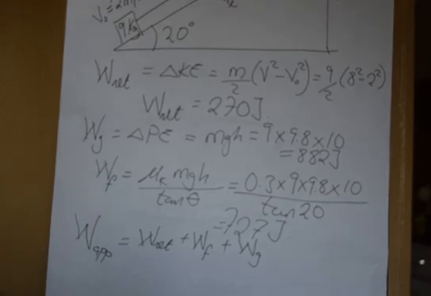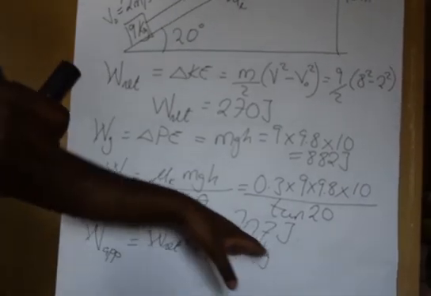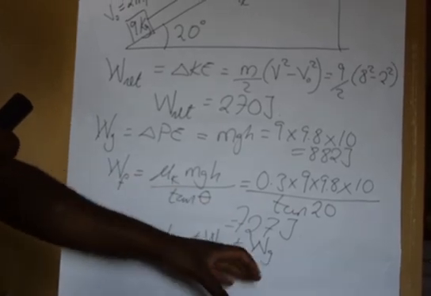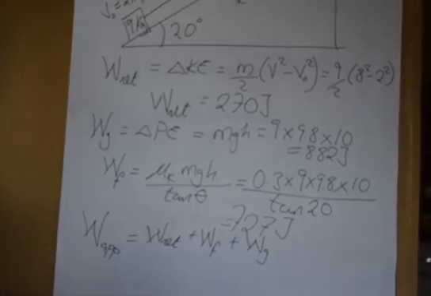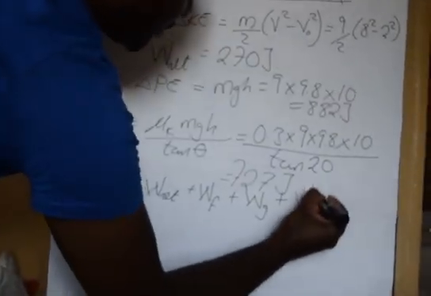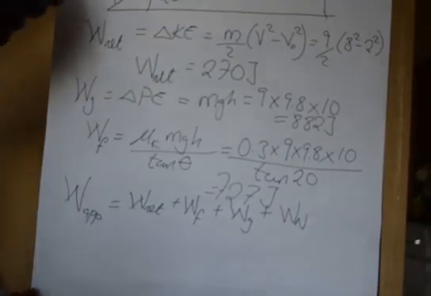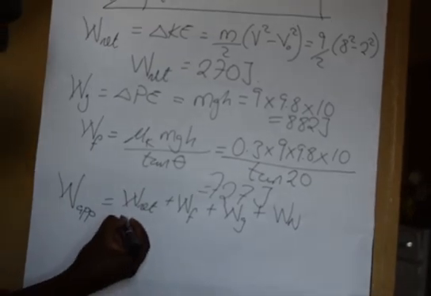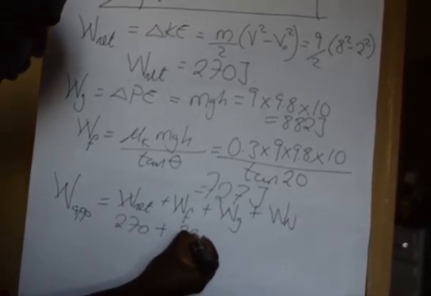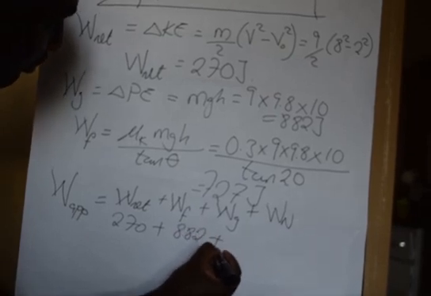In the actual case you are subtracting these works because they are opposing works, but they are also negative, so in the end you add them. So you just add the 3, plus the work by the normal, which is 0. So you will say 270 plus 882 plus